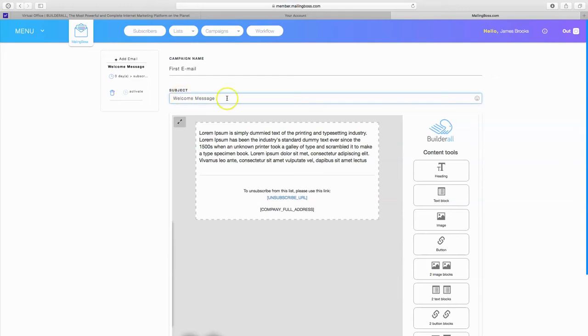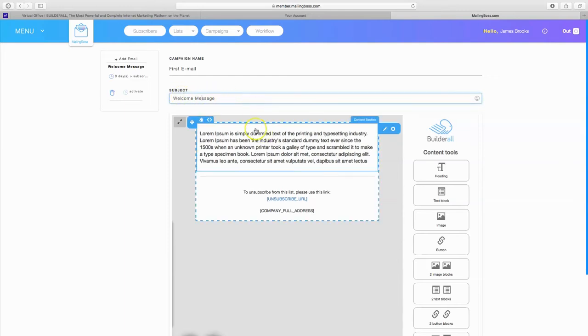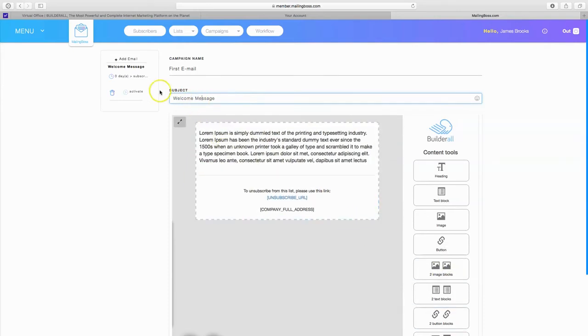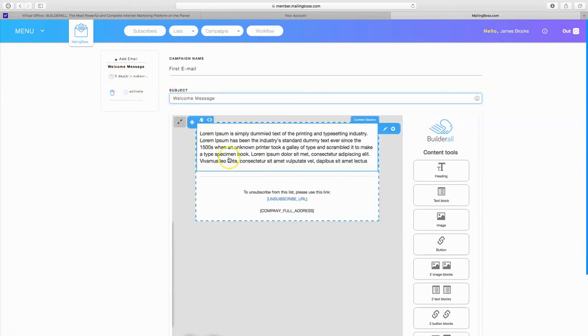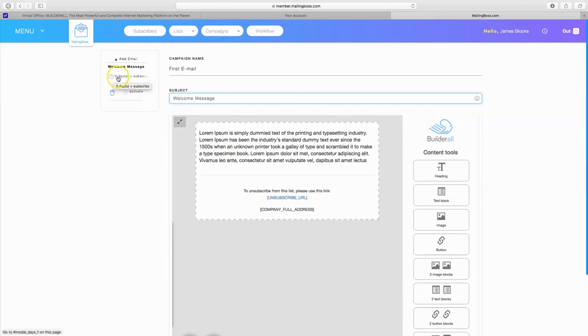Of course, you want to change the subject of it to say something like welcome friends, welcome all, whatever the case may be. And once you've edited that and changed the subject, you will go over here and activate that email sequence. And once you activate it, then it'll be ready to send out. This is very important. If you do not activate this email sequence, it won't go out. You also choose on what day you want it to start. So this is the first of the email sequences you're sending out. You want it to start immediately when someone subscribes. So immediately, no days. But when you go and add another email,